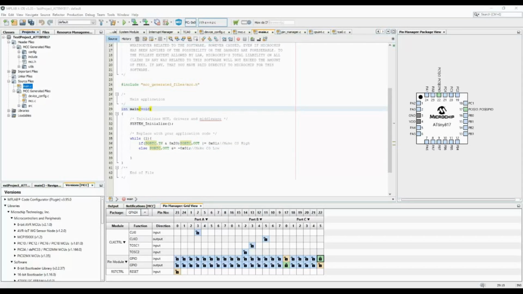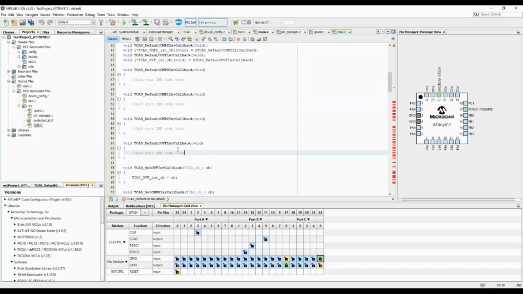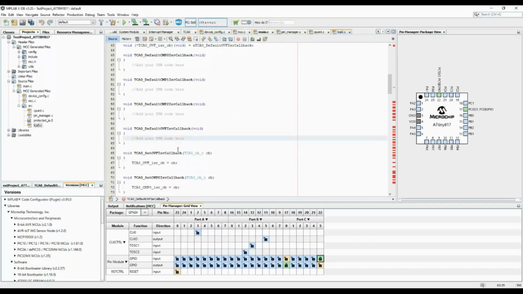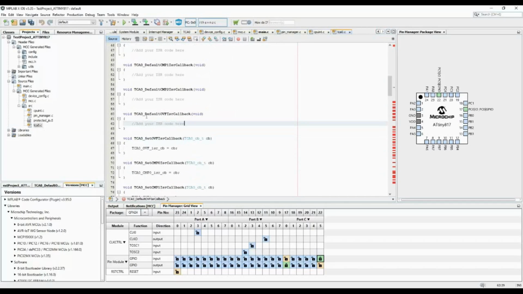So we have initialized timer 0 also, and its interrupt. So let us see where its ISR is placed. Inside the src folder, there is a file tca0.c. So here we see the TCA0 default overflow interrupt ISR callback function. So here we can write our